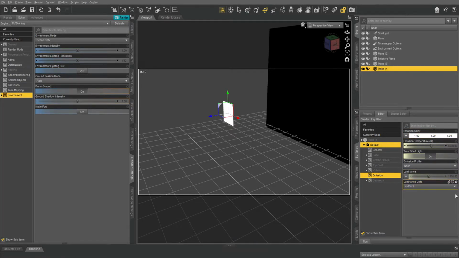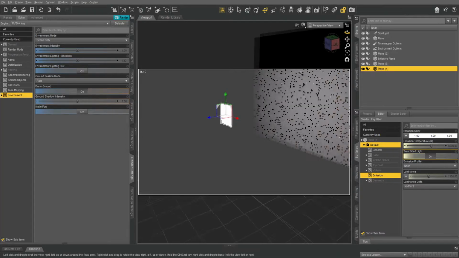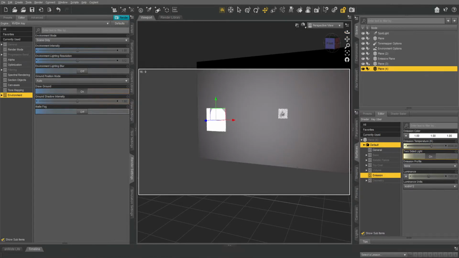You always tend to want to go for kcd per meter squared, and the luminance value, well actually let's see, you may not need to change it, it's quite close. Okay, so you can see there's the reflection of the emissive plane, and you can see it's lit up around. If we turn the emission to black,